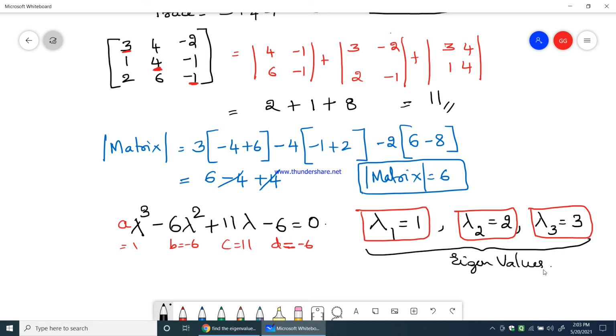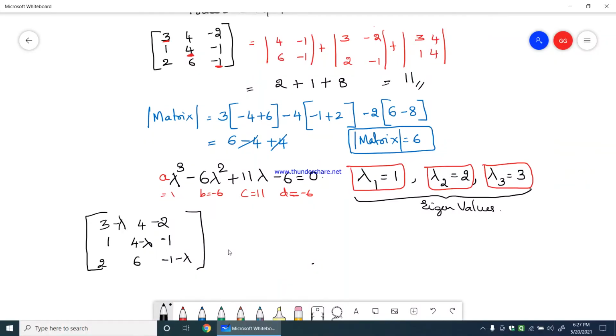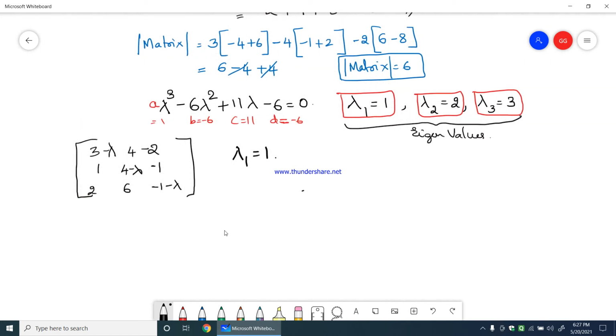Now let us go and find out what are the 3 eigenvectors, the eigenvectors for the obtained eigenvalues. Now let me take the condition when lambda 1 equals 1. So what will I get? A minus lambda I. We all know that the eigenvectors are found by (A minus lambda I) x